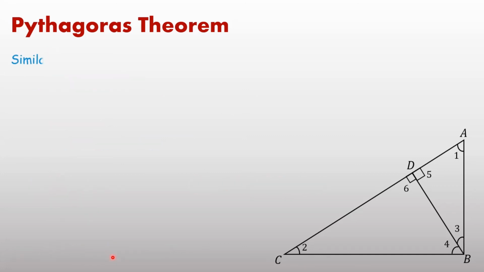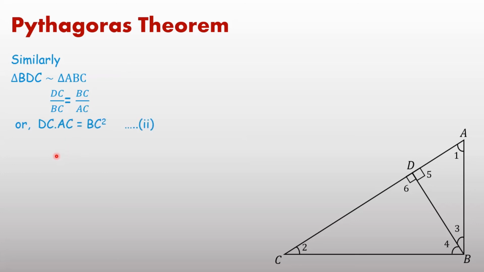Now next step, similarly triangle BDC is similar to ABC. Then again we can write corresponding sides in the same ratio. Corresponding sides means again by the same method, DC, second and third point I have taken. In the denominator again we write second and third point, means DC. From the first triangle BC is written, means first and third point. Then in the denominator, from the second triangle we write first and third point, means AC. Then cross multiply.